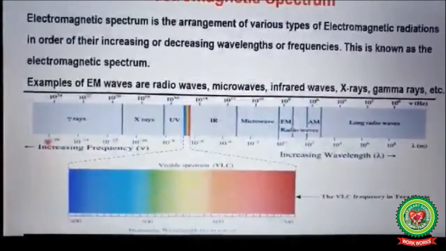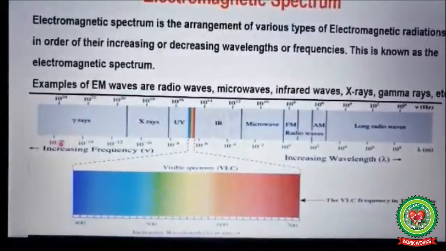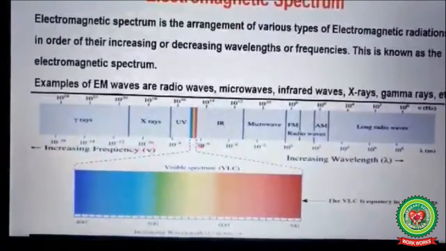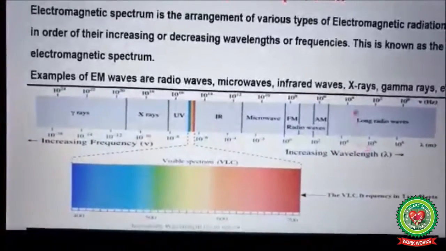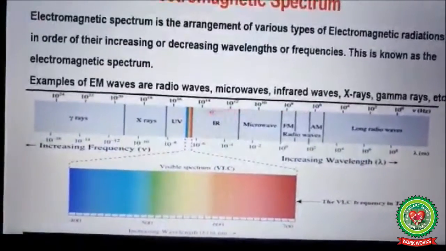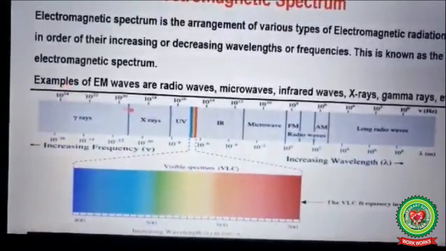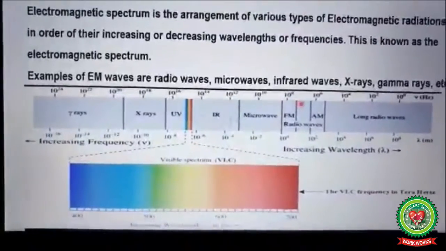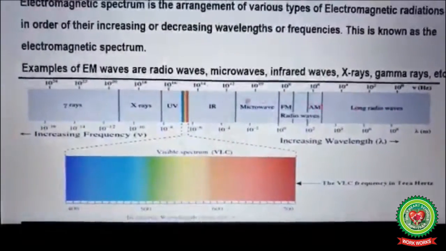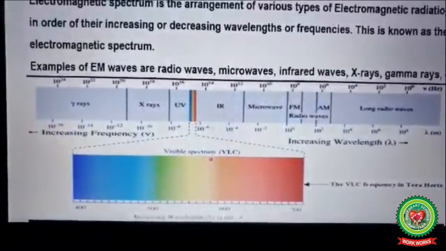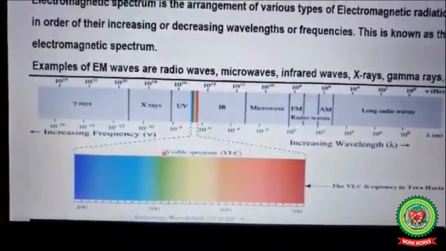So here you can say gamma rays start from 10^-16, which means it has very high energy. From very high energy, as we proceed further, the energy goes on decreasing and the wavelength goes on increasing. Above, all the frequencies are given to you. Frequency here is the highest for gamma rays, but as we move, the frequency gets lower, and that's where we come across radio waves. The colors which we are able to see are only this much part of the spectrum, that is the visible region of the spectrum.